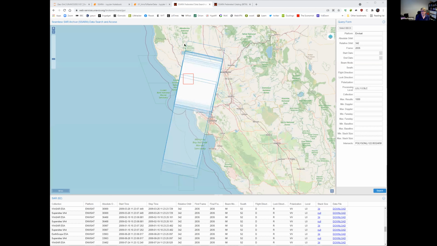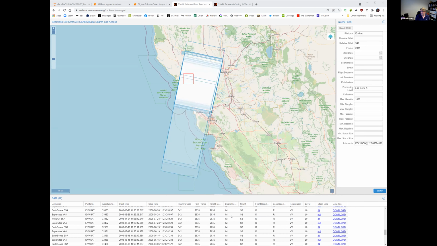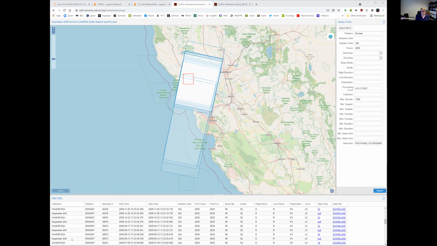I'm going to show you real briefly. This is what you get if you run TSAR on the website. So it's calculating. It knows the frame boundaries. It can do all that stuff. This is a search for Envisat over Santa Rosa, California, and it's showing all the archives that hold the data, and there's a mixture of WinSAR, SuperSites, which is an ISCE archive, and also I think GeoEarthscope.